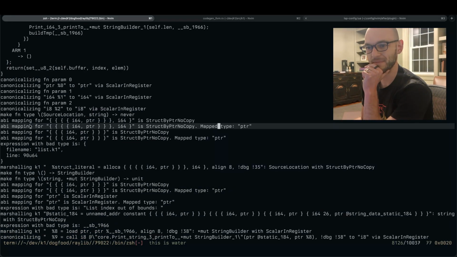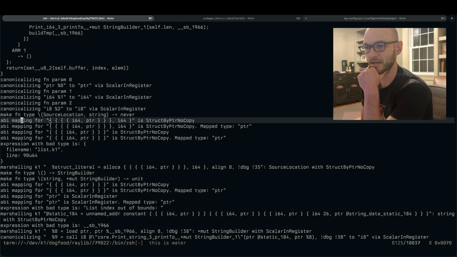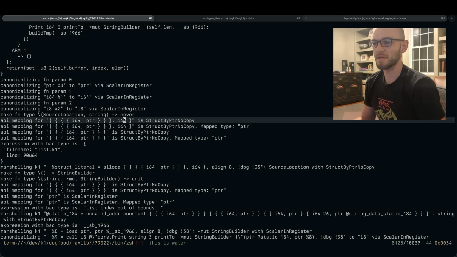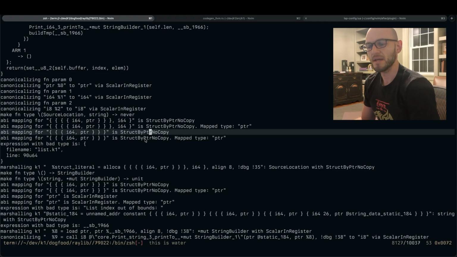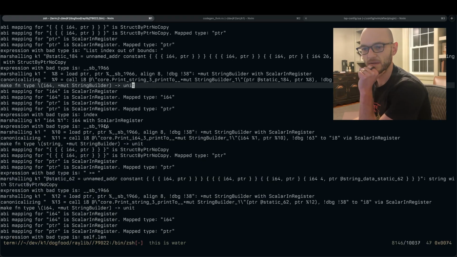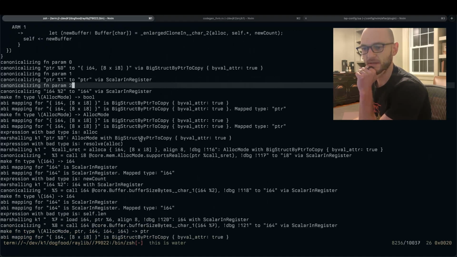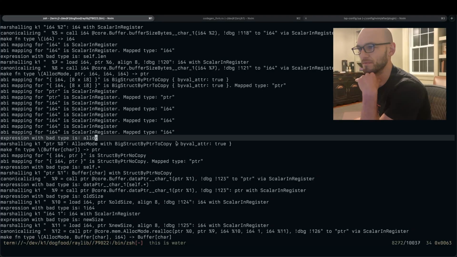I was just doing ABI stuff, so we can say, hey, the ABI mapping for this type is pass a struct by pointer with no copy, because this is more than 2 registers big. That's why that is. Struct by pointer, no copy. It also might be because this is using my internal ABI and it doesn't need to do the system ABI. So you can see, this is just debug printing that we'll remove from the back end